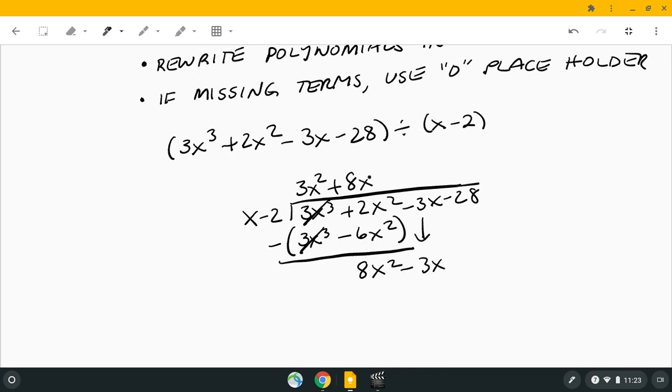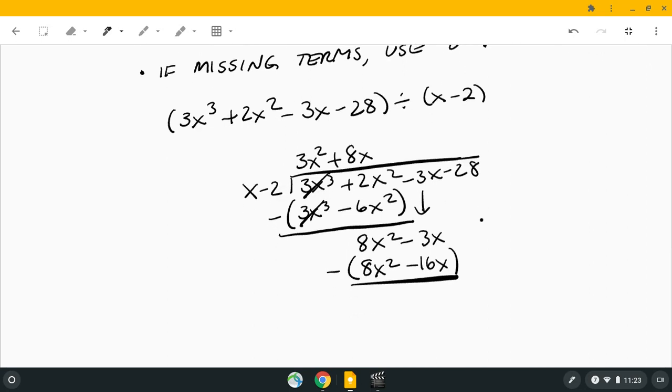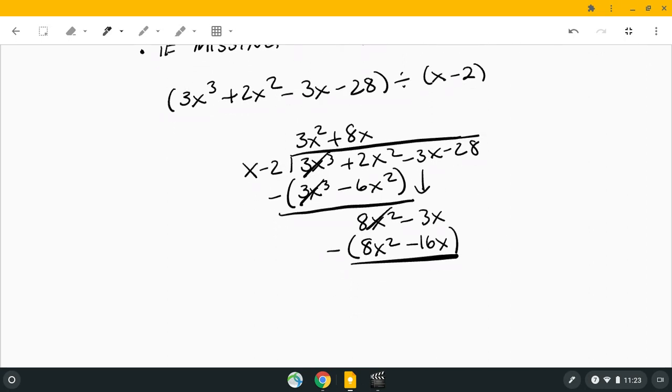When you put a term up here, then you distribute it to the entire polynomial here. Don't ignore the minus 2 now. So 8x times x is 8x squared. 8x times negative 2 is negative 16x. Then we're going to subtract all of this. 8x squared minus 8x squared cancels. Negative 3x minus negative 16x becomes plus 16x, and negative 3x is 13x. I'm going to bring this down,